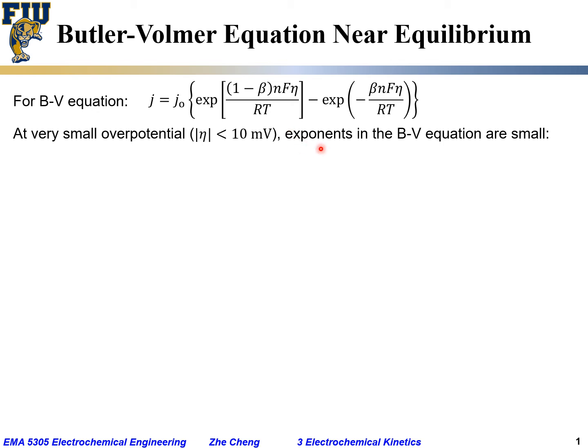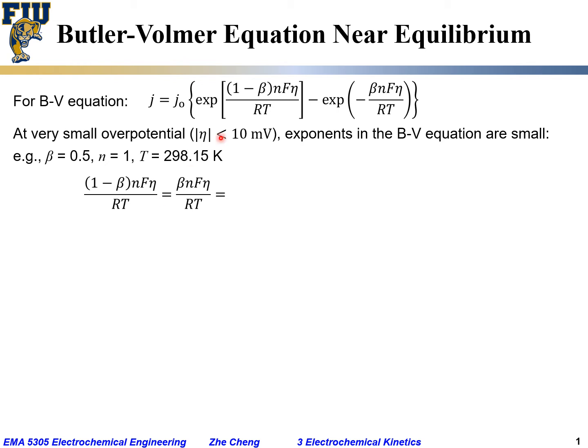then the exponents in the Butler-Volmer equation are very small, which is this term and this term within the exponent would be very small. How small? Let's give an example. For simplicity, assume beta, the symmetry factor, to be 0.5, and also assume one electron transfer and ambient temperature, 25 degrees C or 298.15 Kelvin. If we plug these numbers in,